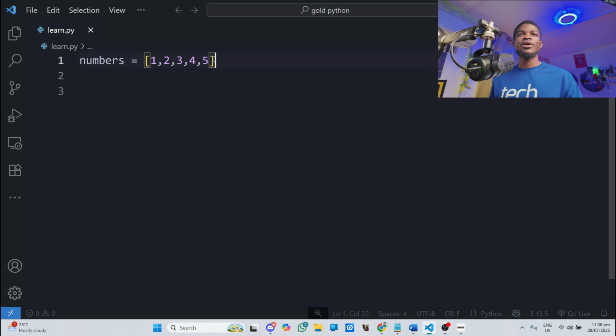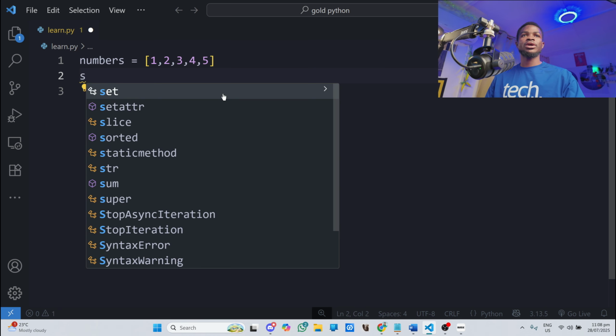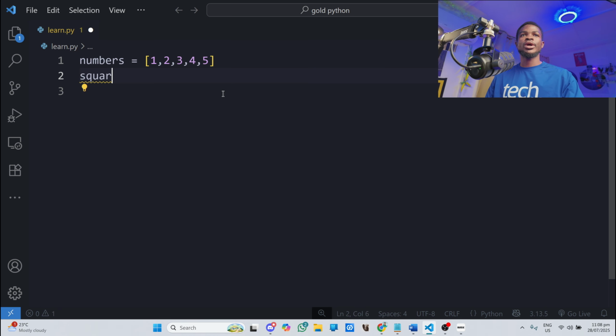So let's assume you have these numbers, okay? It's a list containing some numbers from 1 to 5, and you are to find the square of each of the individual numbers in this list, okay? Without list comprehension, the traditional way of going through this is by declaring a new variable called squared, and squared here is going to be an empty list. And what you do here is to loop through your list of numbers and append the square into the squared